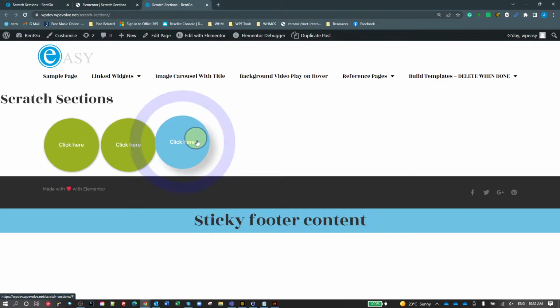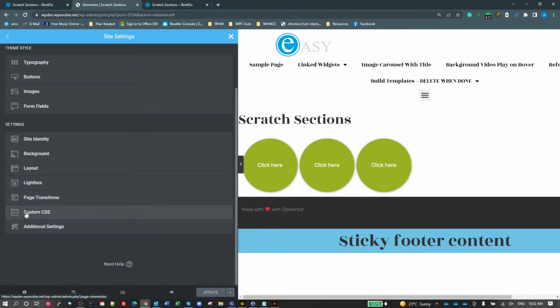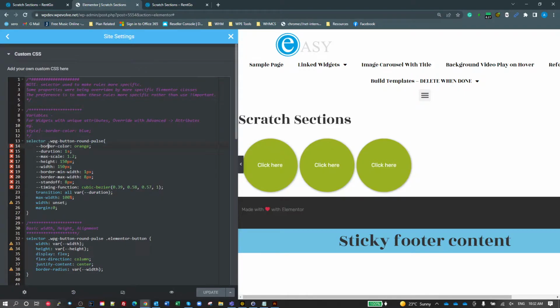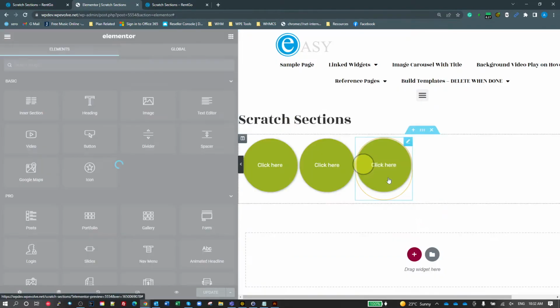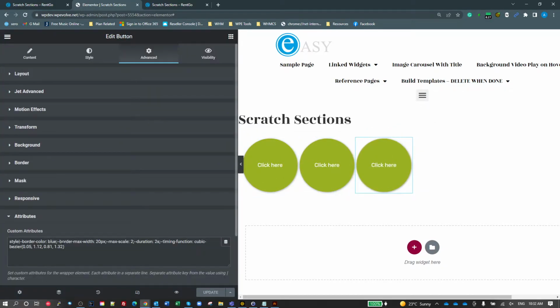So we can change the height, the width, we can change the border color, we can change the thickness of the border at its maximum size, we can change the speed or the duration that it uses for the animation, and we can change the scale. If you want to see all of the things that you can change, just go back to your custom CSS and you can change any of these properties here by just going to the attributes tab and just adding them in there